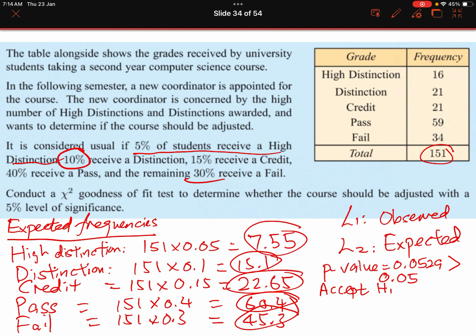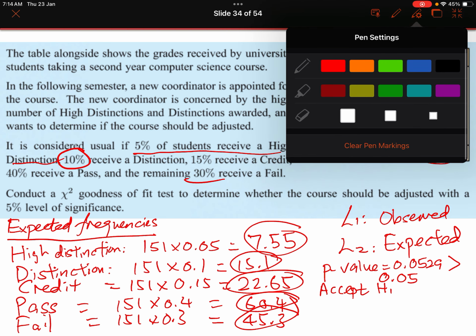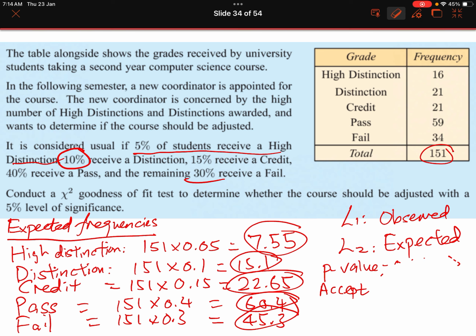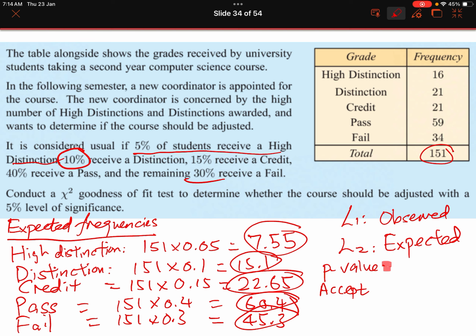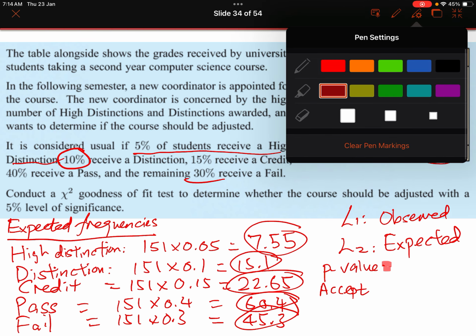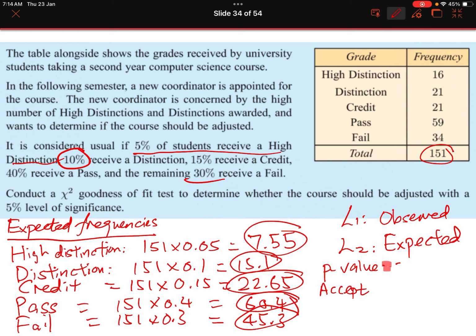No, sorry, I think I wrote the wrong number. It was 0.00529. Okay, so the p-value will be 0.00529. So since 0.00529 is less than 0.05, we're going to